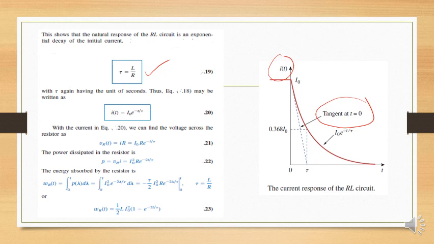Now, if we have to find out the voltage by using this current which we have derived in our previous step, what are we going to do? We will put the values of current in our Ohm's law formula. Ohm's law states V is equal to IR. We are going to put the value of i of t at t greater than 0 and I naught in case of t equal to 0 or less than 0, and we will further solve our circuit. Similarly, we can also find out the energy by using this derived formula.